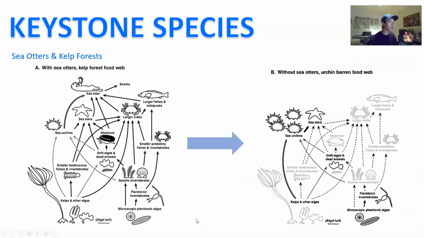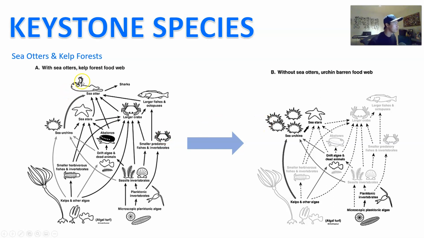Right? We can represent that by a series of arrows depicting that change. And so here is the original food web with the sea otters. There's your kelp and your other algae, and there's all these interactions that are occurring. But the key one you want to note is this one here, right? The sea urchins and the sea otters, which is now keeping that and all of this in check.